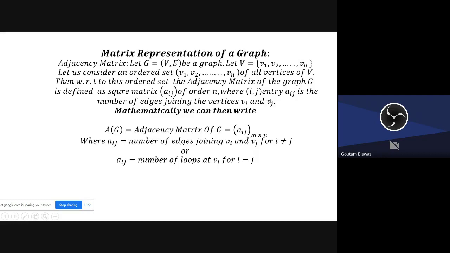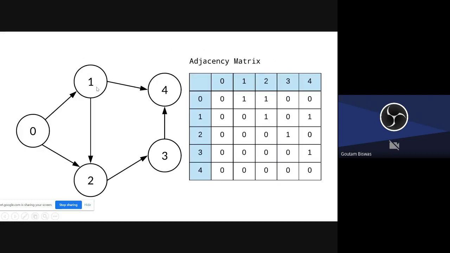That means, you see here, this is the graph. Just consider it without arrows. Arrow means something different that I don't want to disclose here. Now we make this matrix, and suppose the vertices are 0, 1, 2, 3, and 4. So there are 5 vertices, so 5 columns and 5 rows, labeled 1, 2, 3, 4, 5.